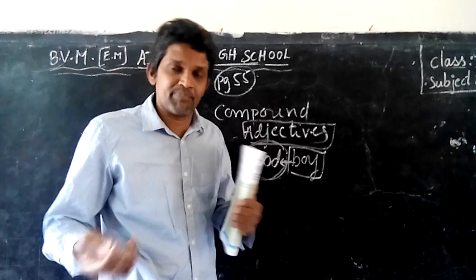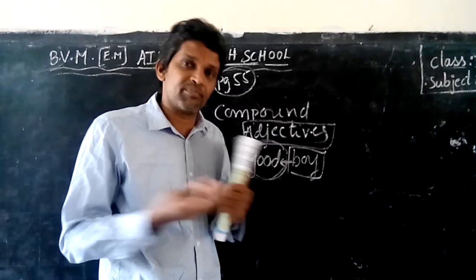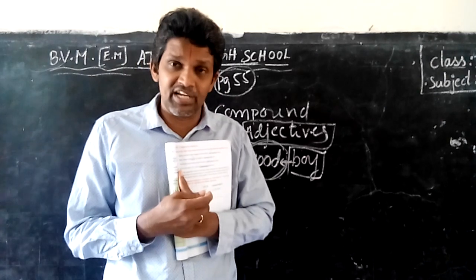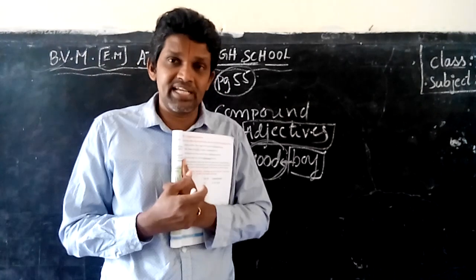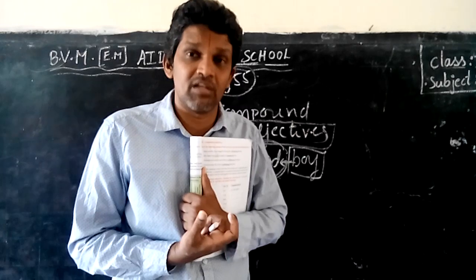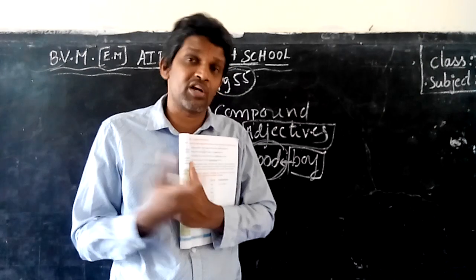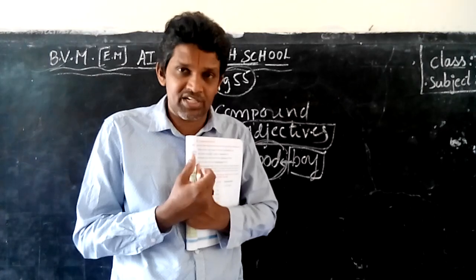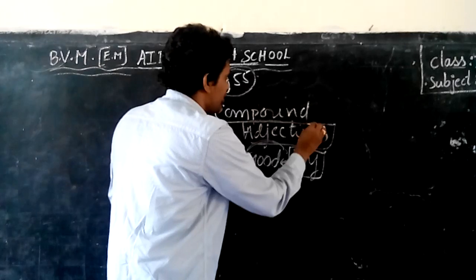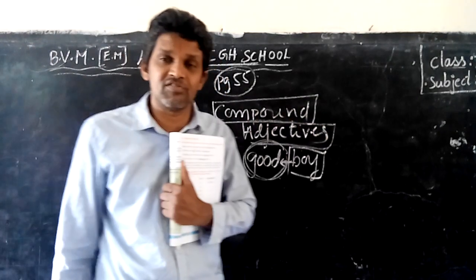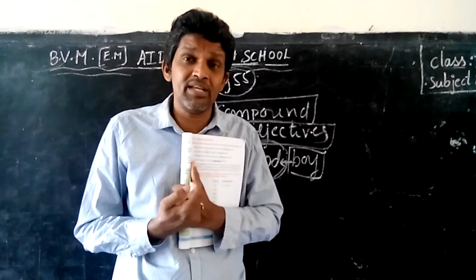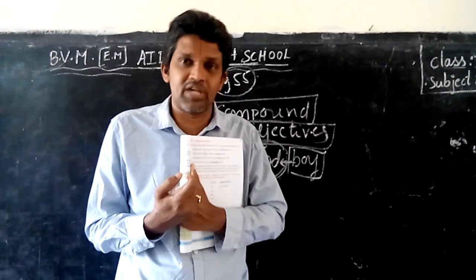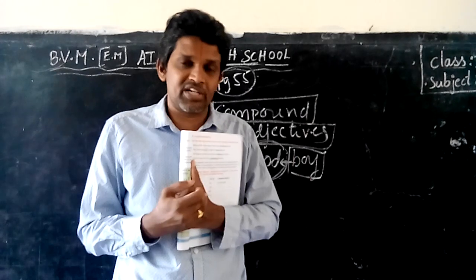Beautiful picture. Picture is a noun and beautiful is an adjective. So like that we have many adjectives in English, and that depends on the sentence. First of all we have to identify the noun. The word which tells some quality about this noun is called an adjective. Here we are talking about compound adjectives. Compound adjective means if 2 or 3 adjectives are placed together, they become compound adjectives.